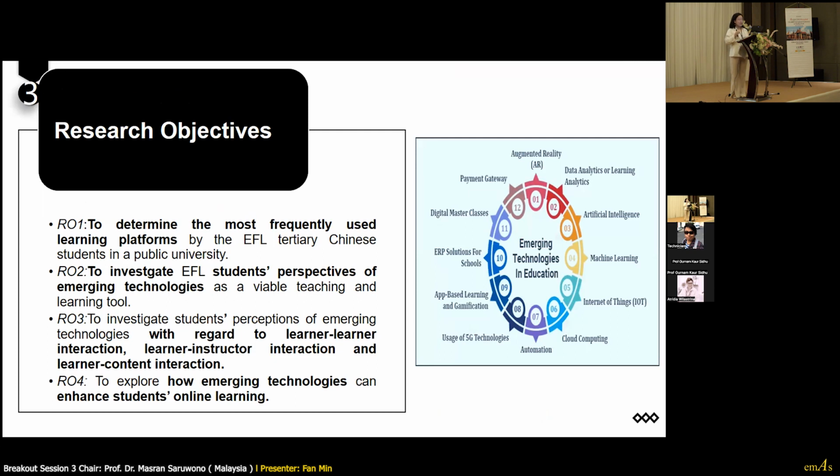To determine the most frequently used learning platform, to investigate the students' perspective of emerging technology with regard to learner-to-learner interaction, learner-to-instructor interaction, and learner-to-content interaction, and how emerging technology enhances students' online learning.